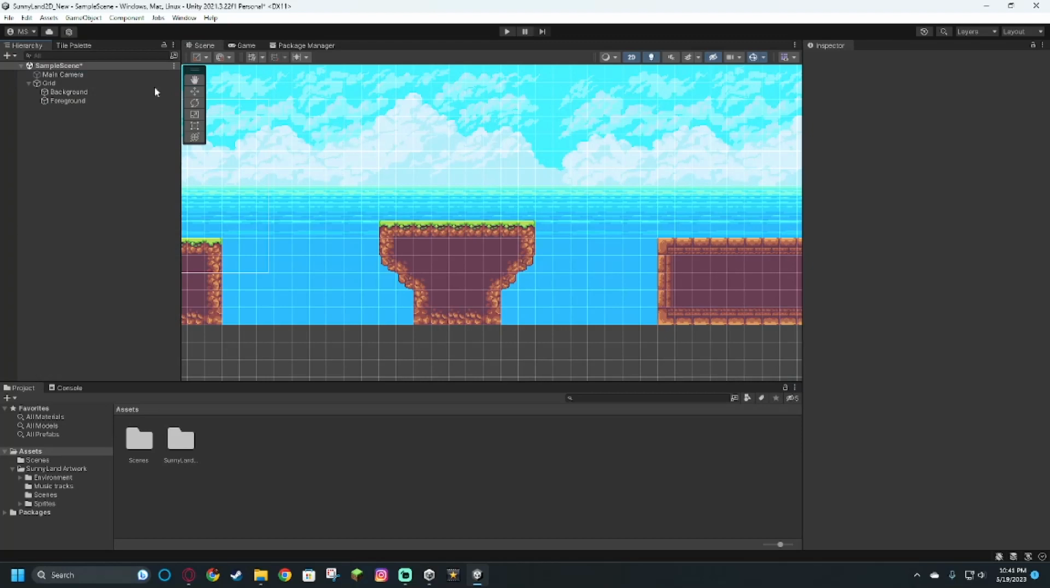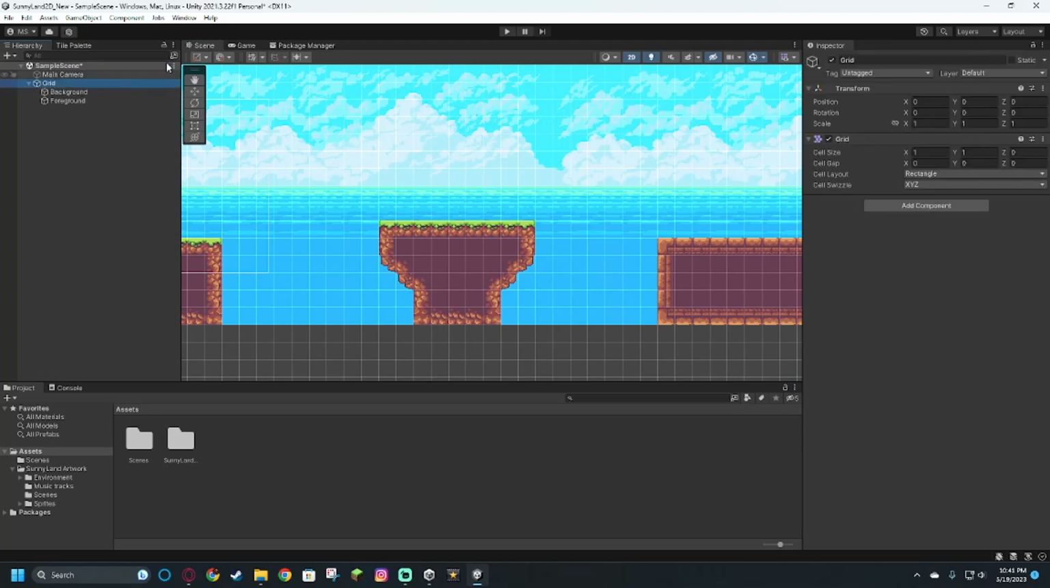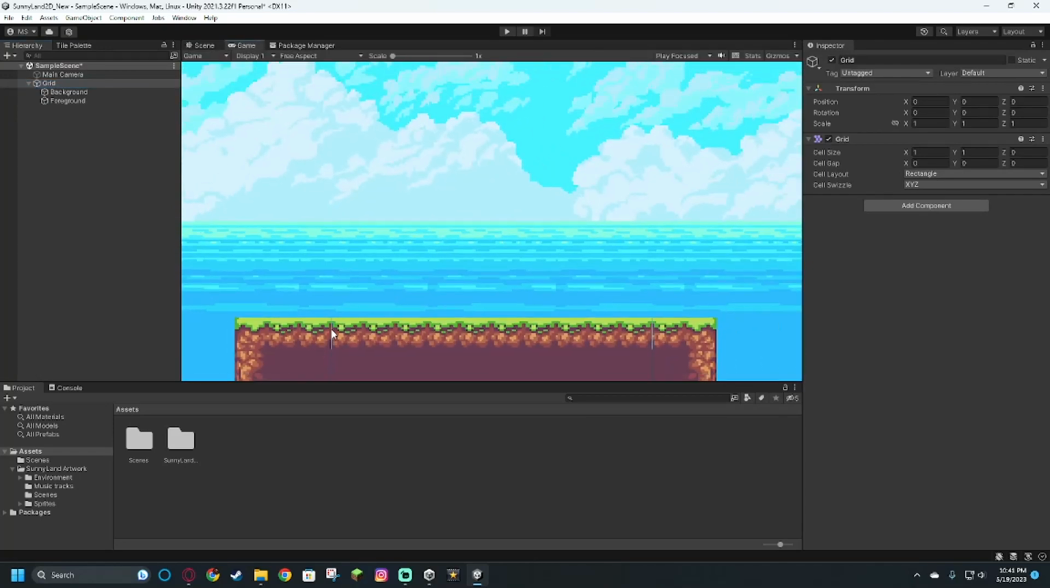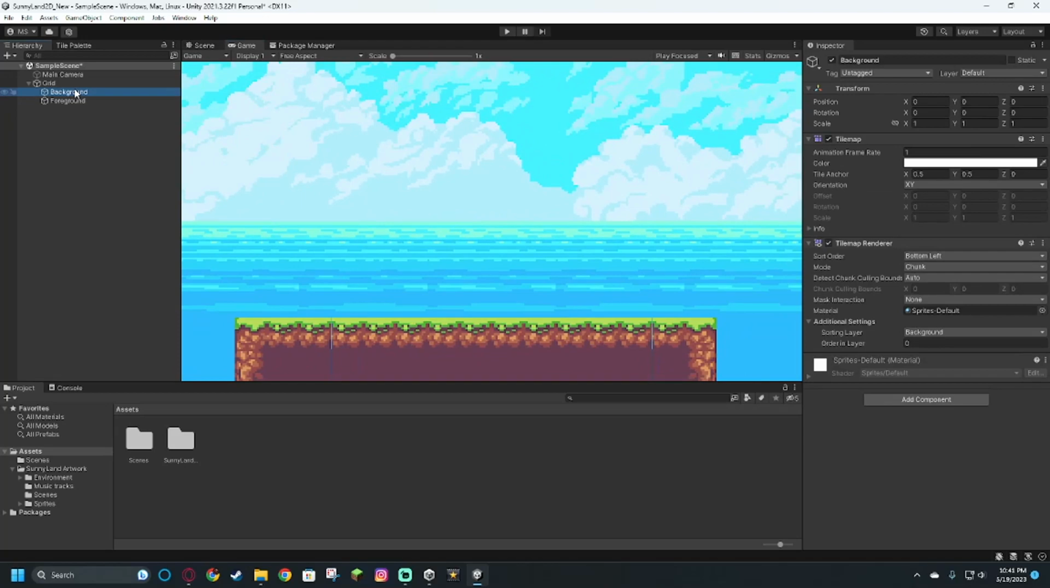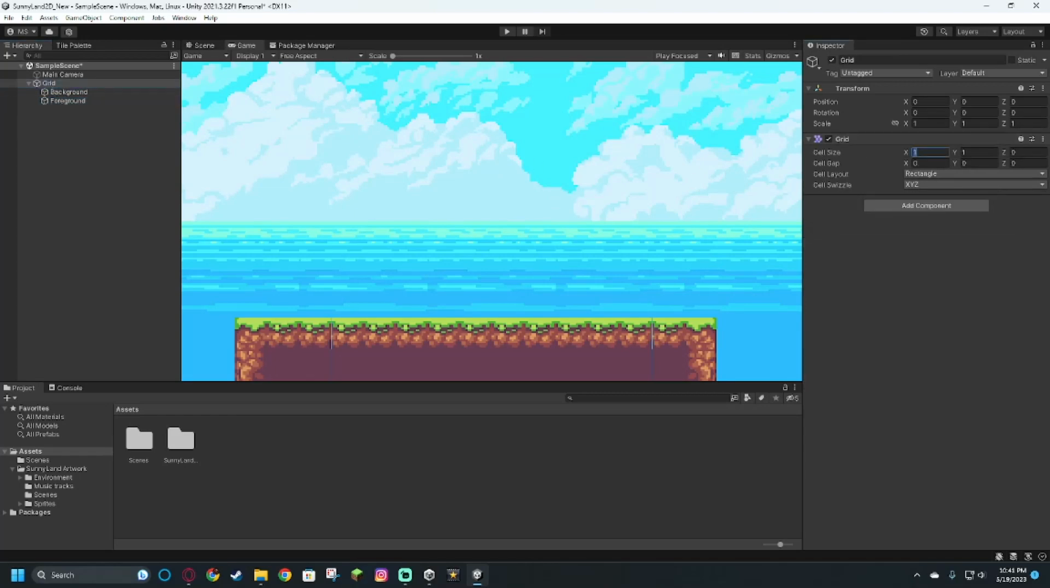Alright guys, so for now I am done building my level. So the next thing I'm going to do is, when you notice, if you go to game, you can see we have some lines here. Now that's because these tilemaps are not 100% 16 by 16 pixels. They are a tiny, tiny bit smaller. So what we're going to do to fix this is go to the grid and change all these to 0.99